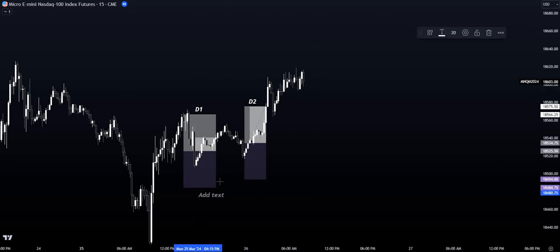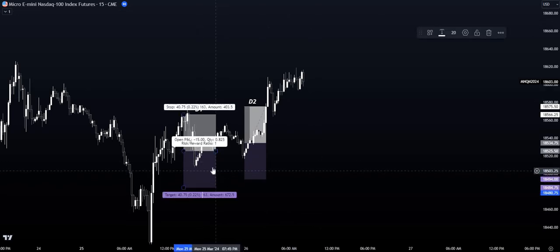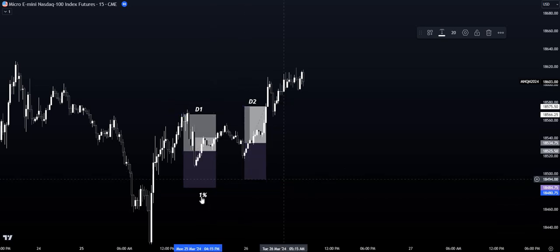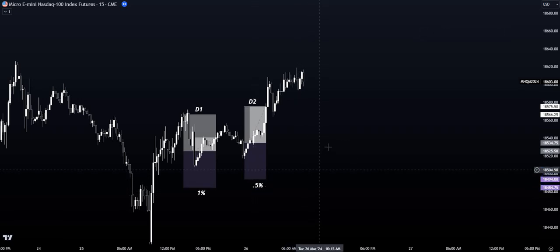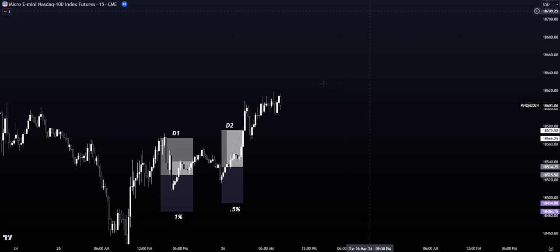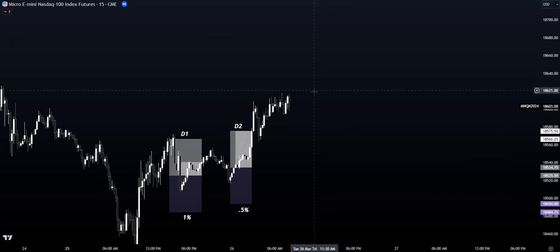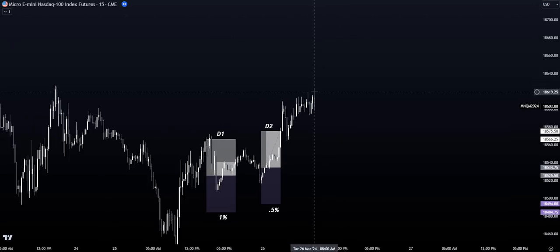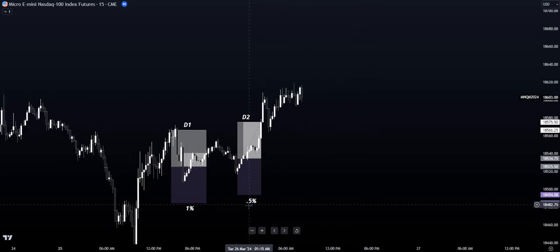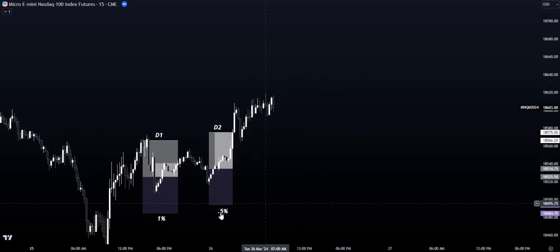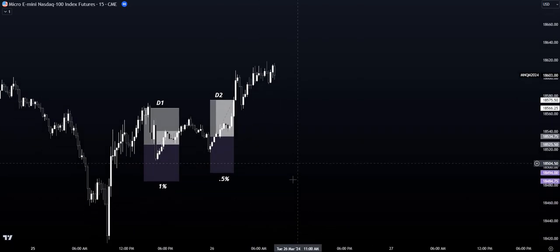So right here, I'm going to put the percentage of risk that you should have used. 1% here, took that first loss, 0.5% here, took that second loss, right? So because of that, on this third trade, you're going to be locking in on this one, and you're going to be focusing on de-risking again because you had lost 0.5%. So you're going to de-risk again to 0.25% now.